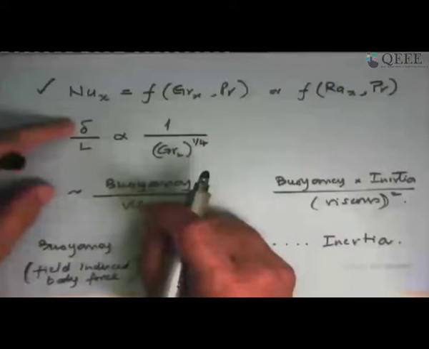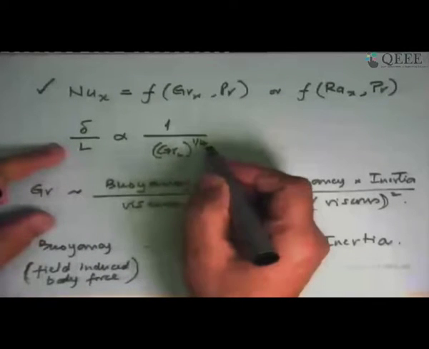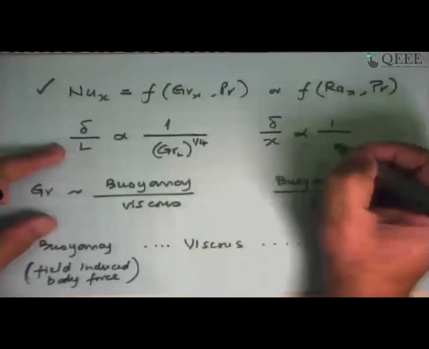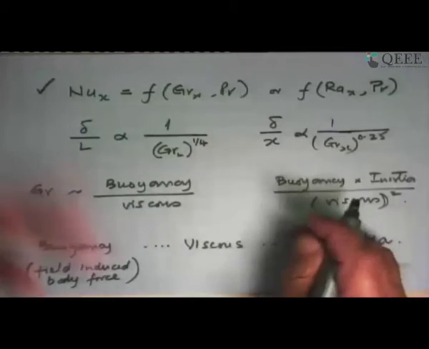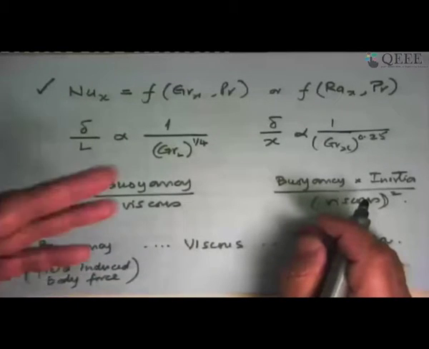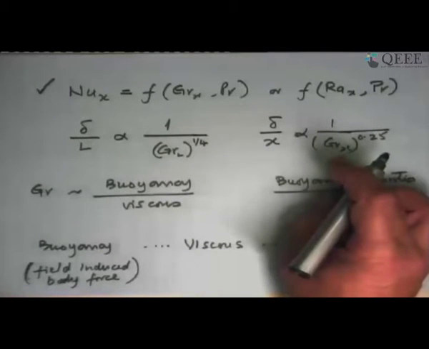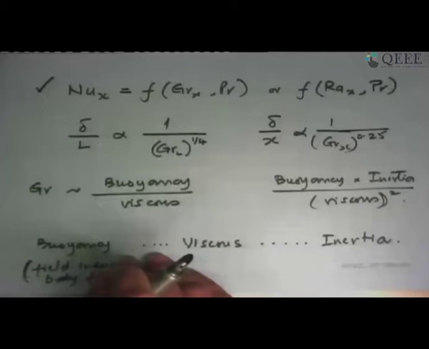That's what I have been saying, that Nusselt number is a function of Grashof number and Prandtl number. If we do some simplifications, we see that the boundary layer growth goes as 1 upon Grashof number to the power 1 by 4. So delta by L, or delta by x, is proportional to 1 upon Gr_x to the power 0.25. That is similar to the forced convection case, where we saw that delta grows as a function of Reynolds number. Here you have Grashof number, but as I've just explained, this is a sort of Reynolds number for this particular problem. So that's one thing to know.